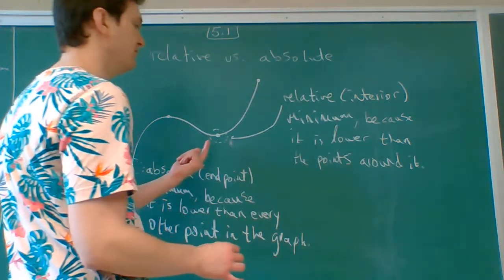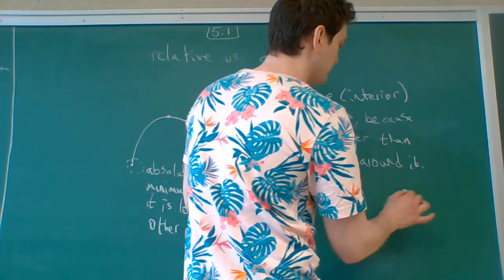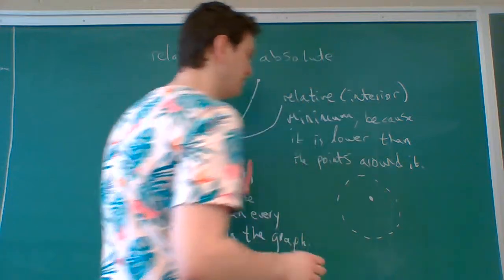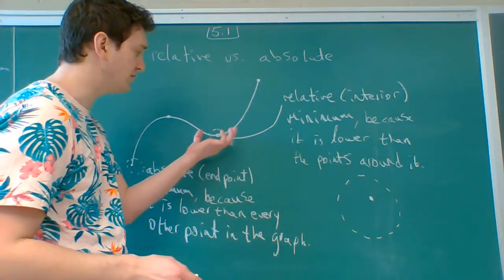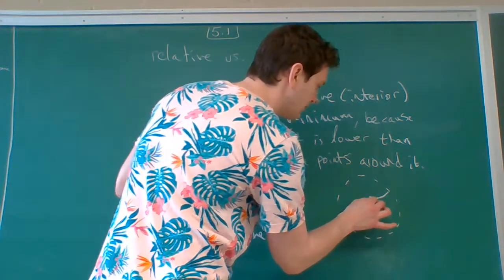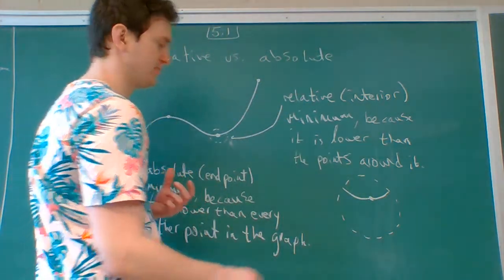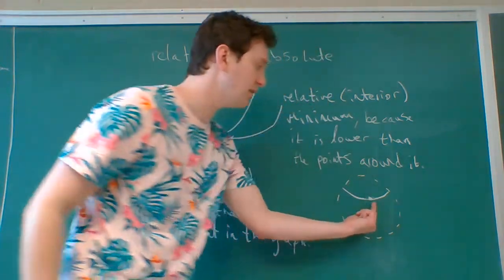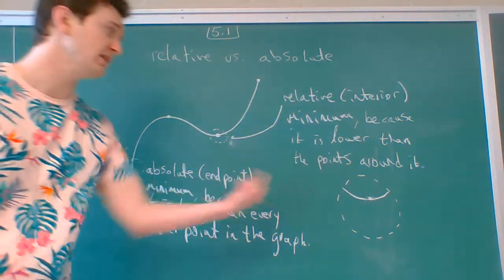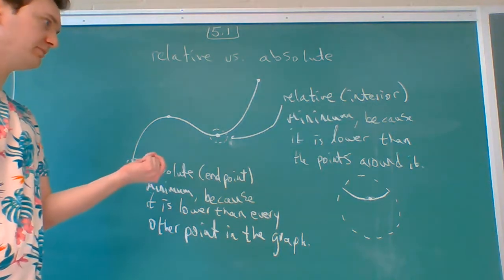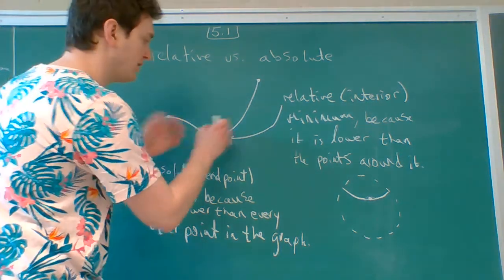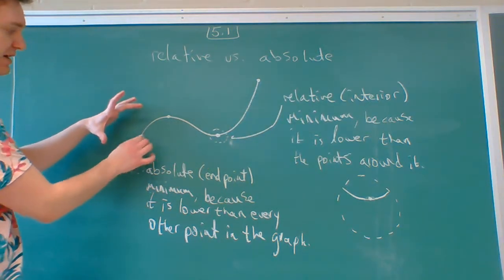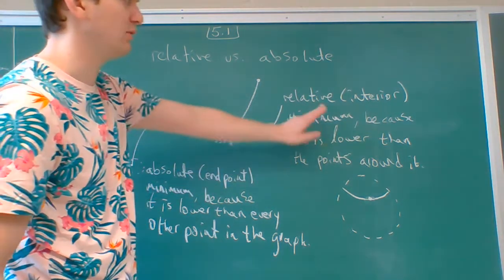If I drew a picture of this blown up, here's the point. There's the little neighborhood of points around this point, and the curve is something like that. It's a bit exaggerated, but that gets the point across that this is the lowest point relative to the points immediately around it. I can't say that this is the lowest point in the whole picture because once I expand this circle to these points over here, now these points are lower. That's why it's just a relative